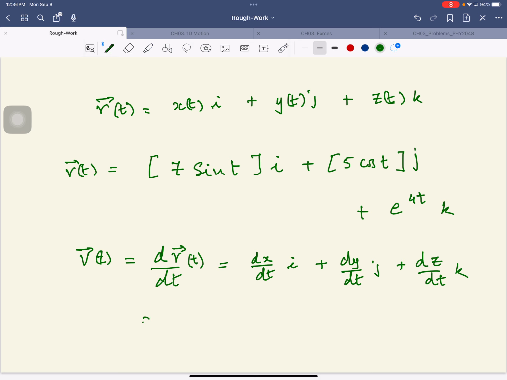There is x as a function of time, and the derivative of that would be 7 cosine t i, plus the derivative of this is minus sine t, so minus, and the derivative of that is 4 e to the power of